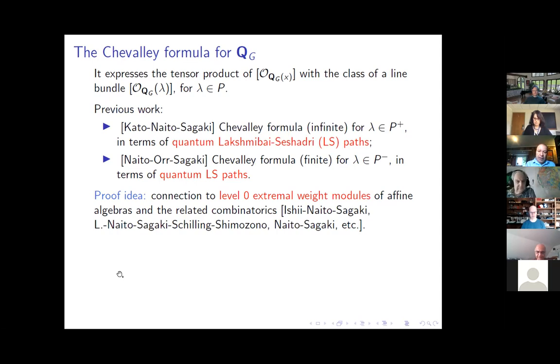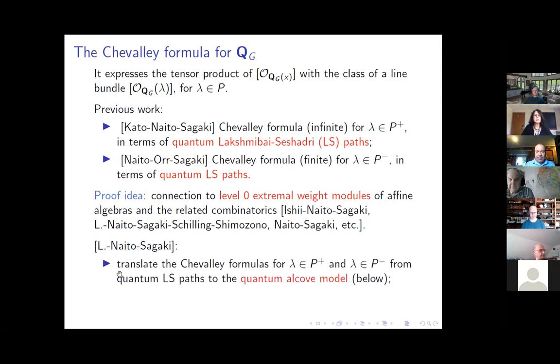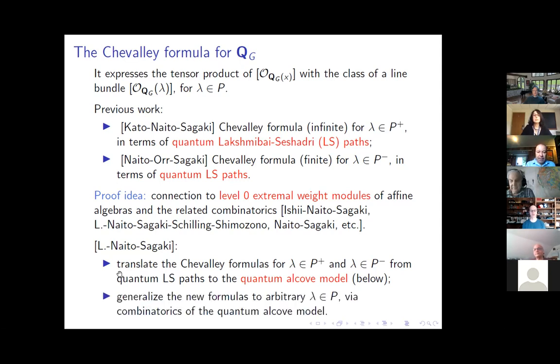So the quantum Alcove model, which I'm going to use, is purely combinatorial, a discrete version of quantum LS paths. So what I've been doing with Naito Sagaki is to, first of all, take their Chevalley formulas for dominant and anti-dominant weights and translate them from quantum LS paths to the quantum Alcove model. So now it's pure combinatorics of the corresponding finite Weyl group. And then combining these formulas, we were able to